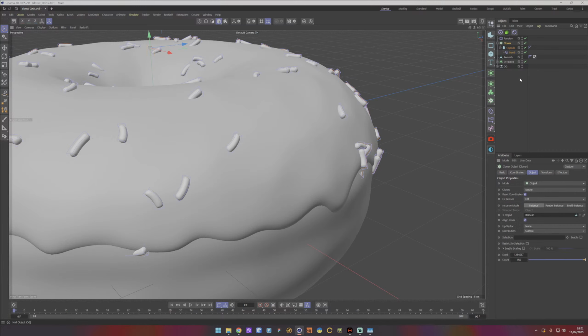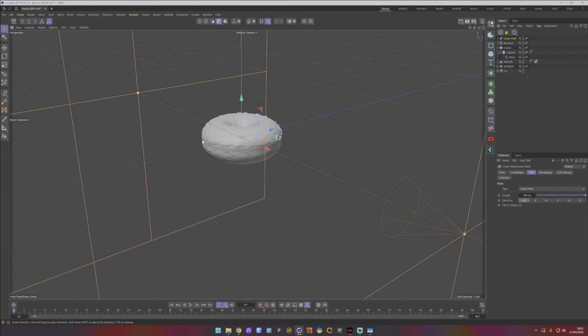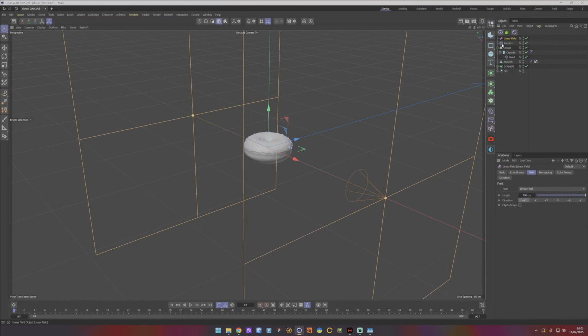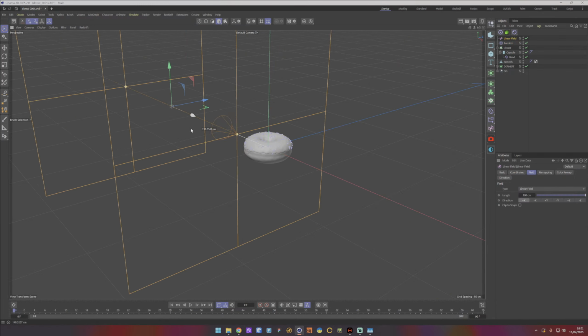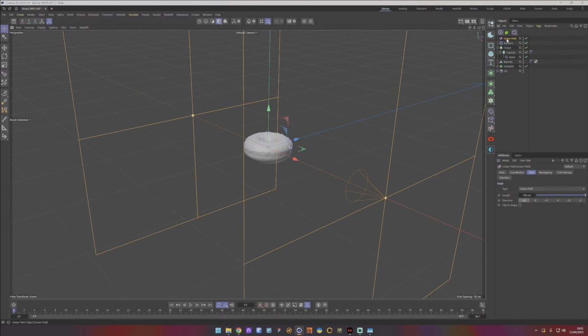What we're going to do first off is a field, and then we do random, and then we put the field into there, and then if we grab our linear field, and then if we just do that, we should,